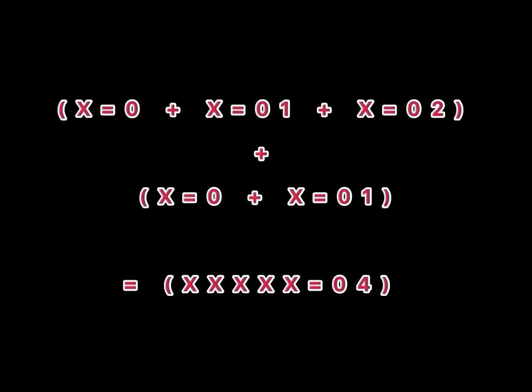[x = 0 + x = 0.1 + x = 0.2] + [x = 0 + x = 0.1] = [x = 0.4]. Whereas when you do a decimal point, then it makes it a whole unit. And to do a fraction, then it drops down in an infinite number sequence that would go from 9 to